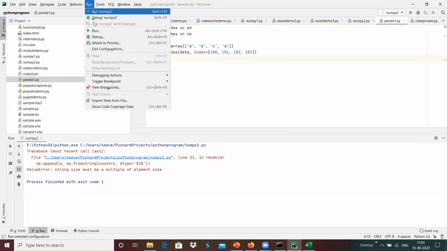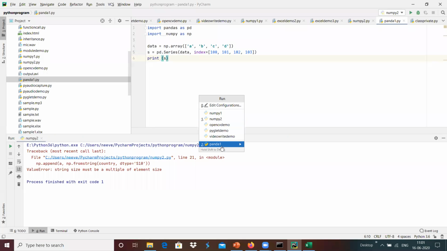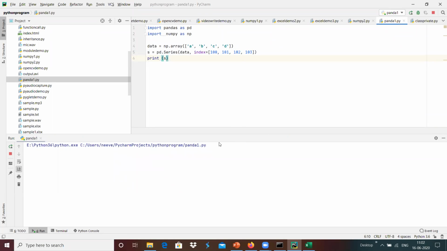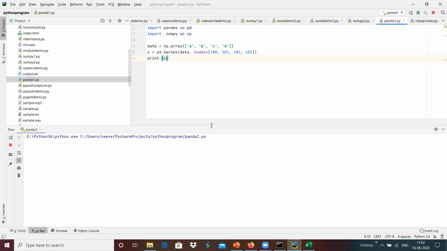And whenever we run this, yeah, we got the output: index number 100 has A, index number 101 has B, index number 102 has C. Like that, with respect to that index number, we have the respective values that we can define with the series.